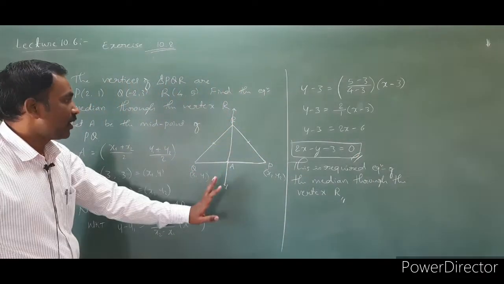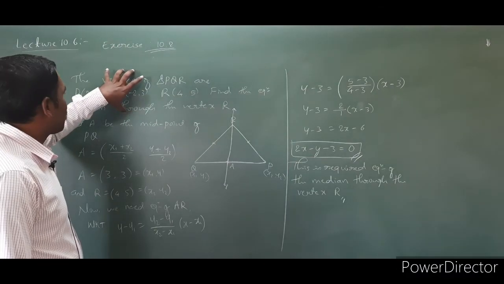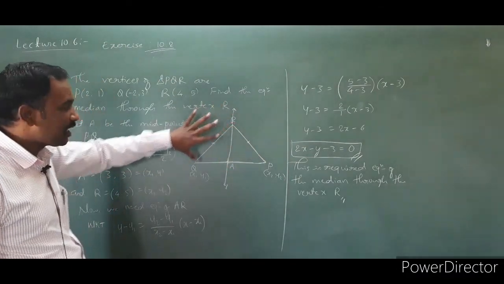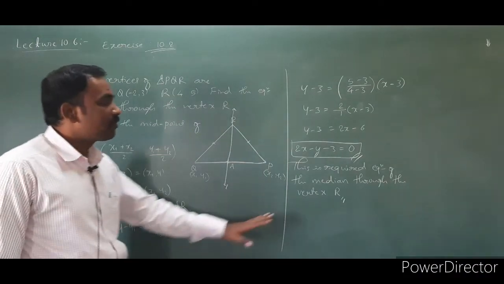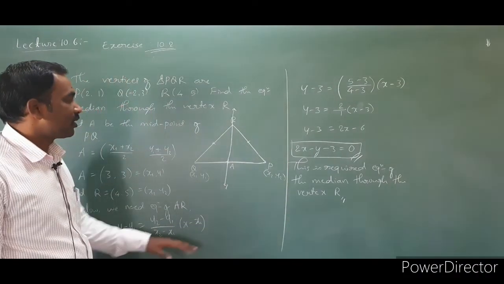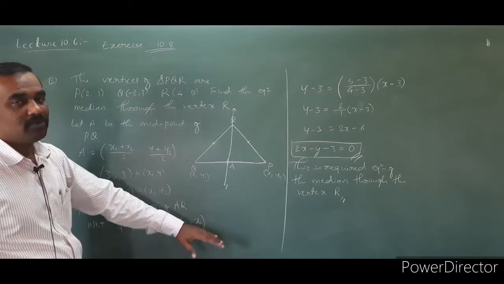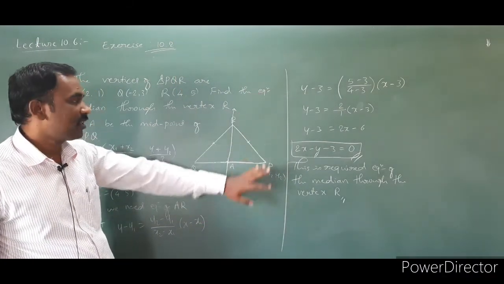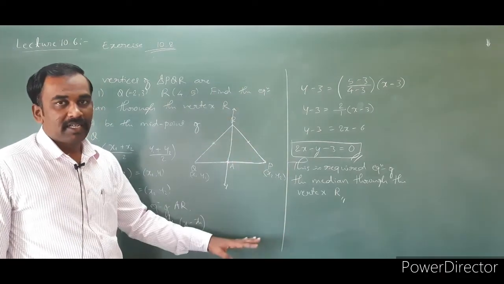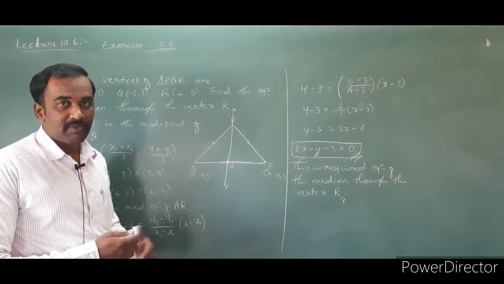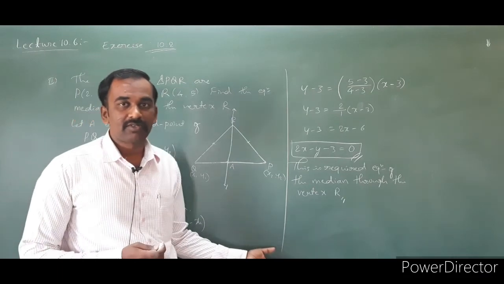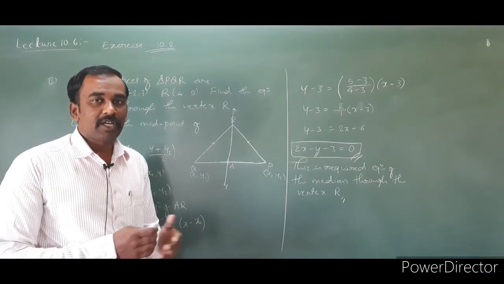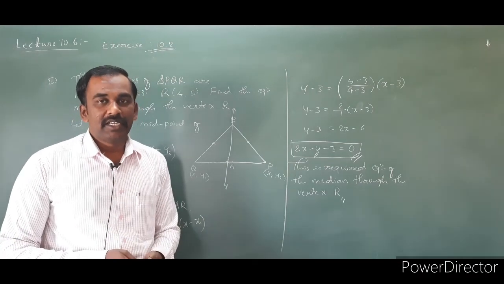Okay, this is how we need to do it. According to the question, try to get one rough diagram. From the rough diagram, we will get some hint to get the required result. Okay, so try to solve. Try to solve and practice all the theorems and the six forms we discussed previously, they are very important, and problems are also very important. Okay, practice it. We will continue in the next video.